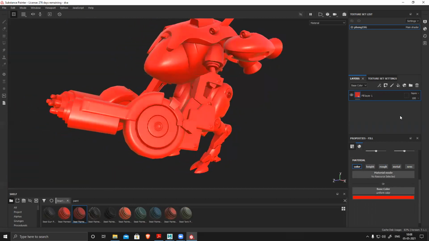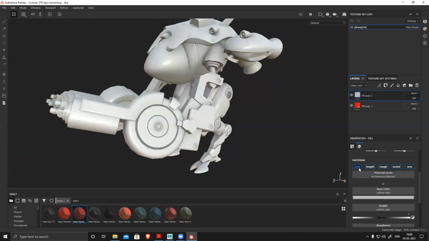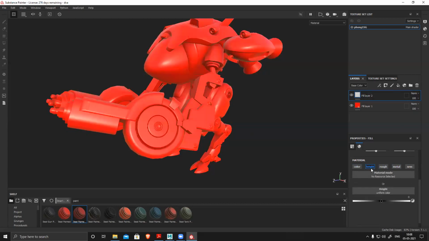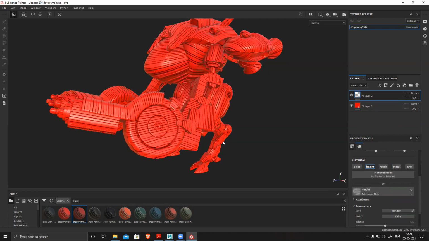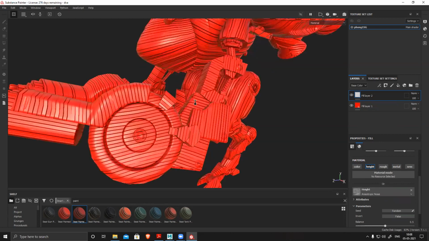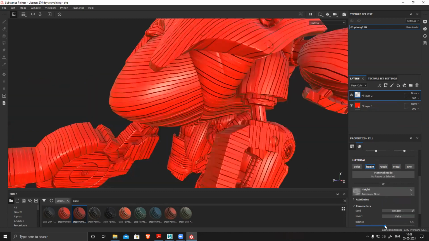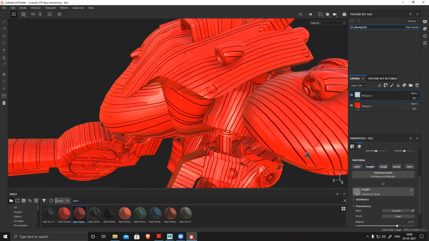This is just diffuse. Then I'll create one more part, sorry, only height. And you can see if I change plus or minus, nothing happens here because there is no information in this channel. So there are two ways I can add information in this channel. Either I can add a map, just click on this gray box, and I can add any information, and based on this map it will generate depth, height map.